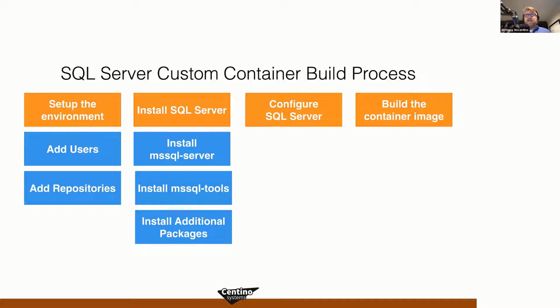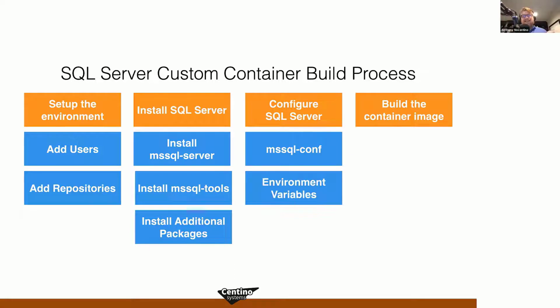Now, once I have everything installed, I'm going to configure SQL Server, and we're going to use mssql-conf to do that. mssql-conf is a command line utility inside of Linux that basically exposes any of the configuration parameters that you need to configure your instance. So analogously, on the Windows side, we had SQL Server Configuration Manager, but we don't have that on the Linux side. We have mssql-conf to configure those attributes.